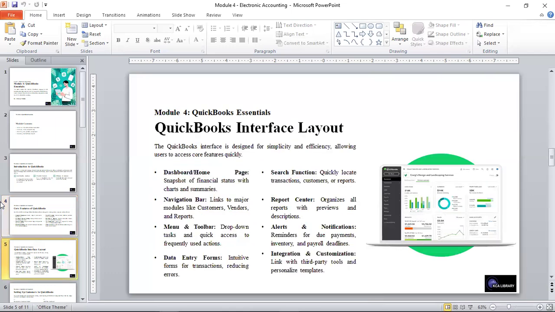And as per the interface layout, we can see the dashboard or the home page, where a snapshot of financial status with charts and summaries is shown. You have the navigation bar, where it's linked to major modules like customers, vendors, and reports. You have the menu and toolbar, which is a drop-down task, and quick access to frequently used actions. Also, we have the data entry form, as it pertains to intuitive forms for transactions, reducing error, and also,